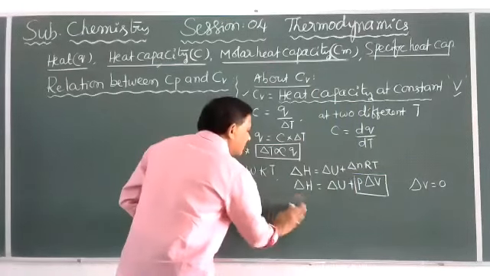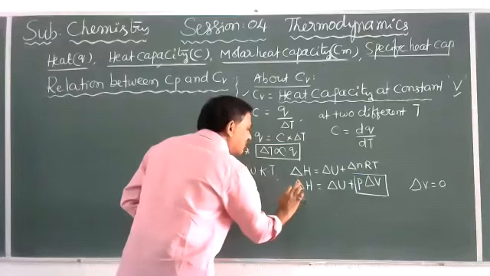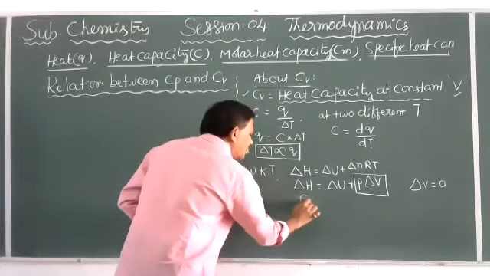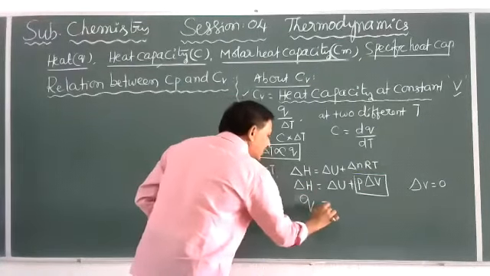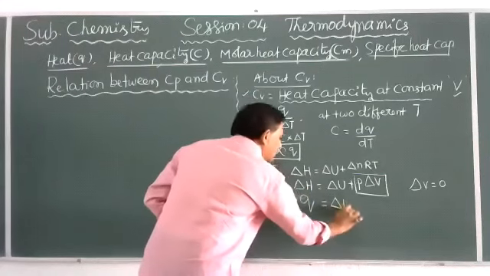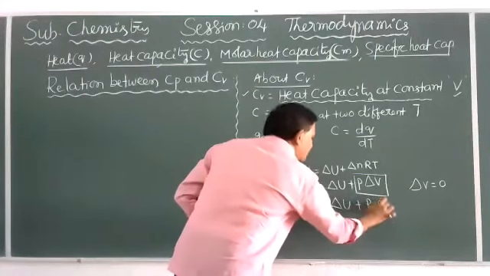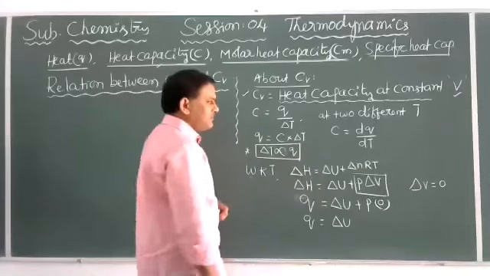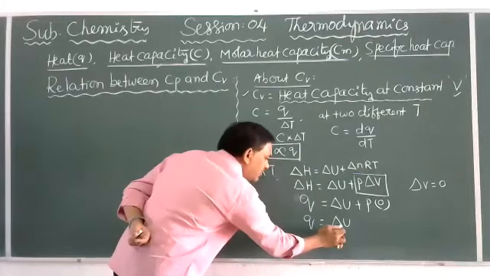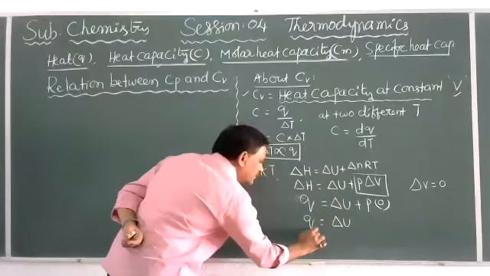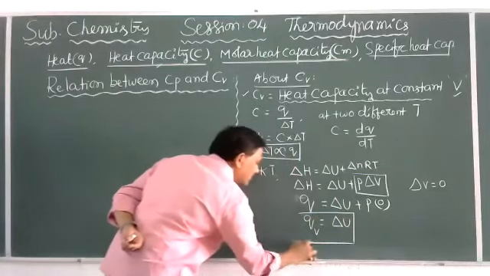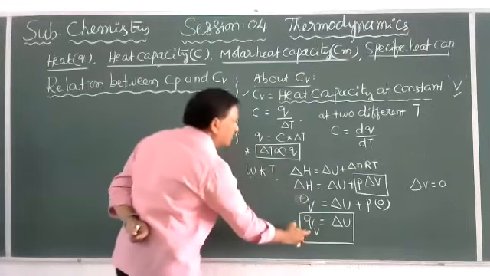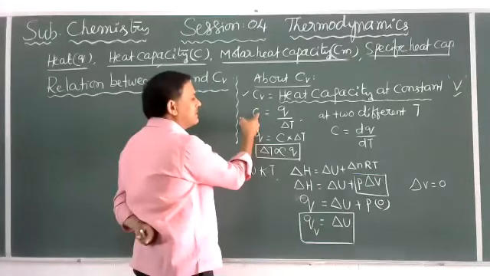Then this is the heat change at constant pressure. Whatever the change in enthalpy, heat is denoted as Q, and it is delta U plus P into 0. Now here Q is equal to delta U. That is, the change in internal energy at constant volume is equal to heat. So the value of heat at constant volume, we know the heat capacity C is equal to Q